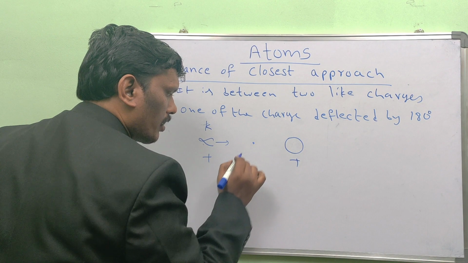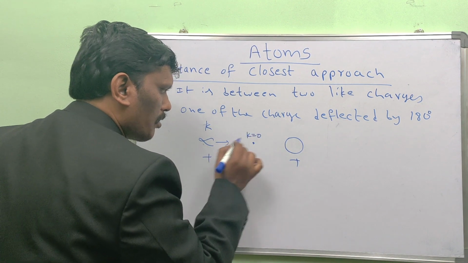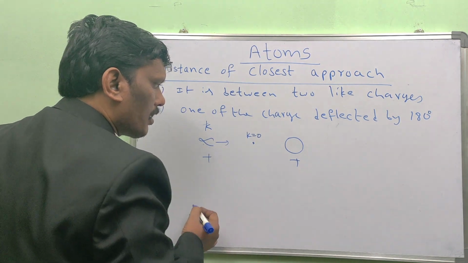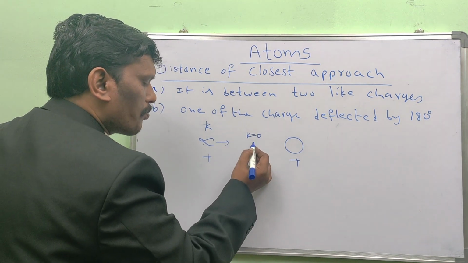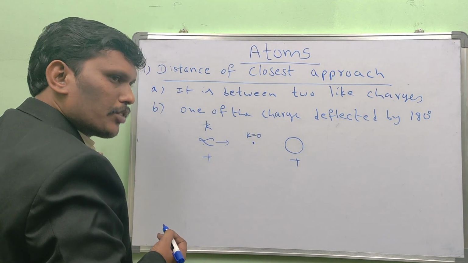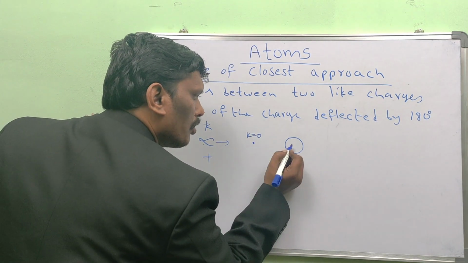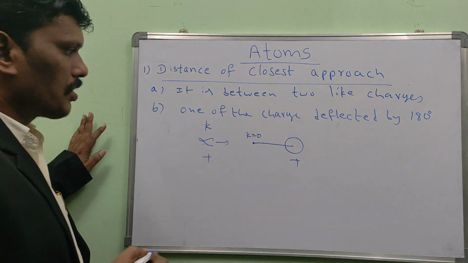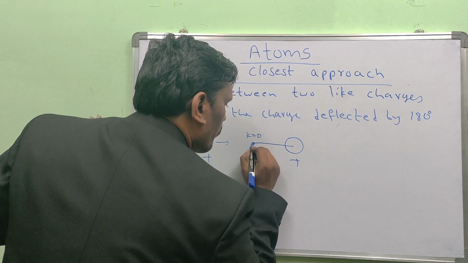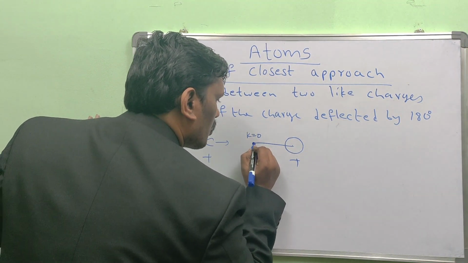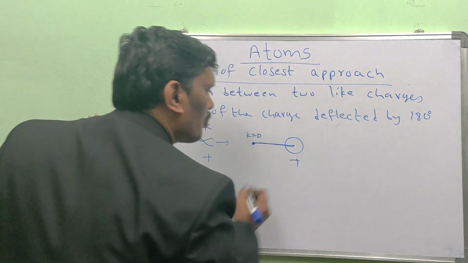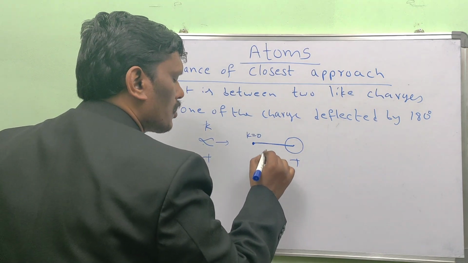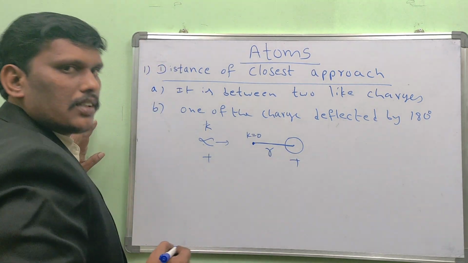At a particular point, what happens? The kinetic energy of the alpha particle becomes zero. At what point does the kinetic energy of the alpha particle become zero? From that point to the nucleus center, the distance between these two we call the distance of closest approach, and we represent it with the symbol R,